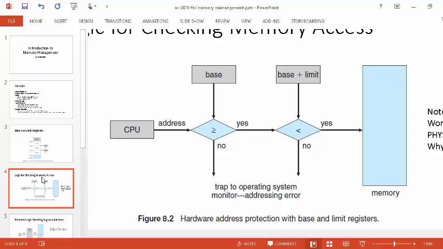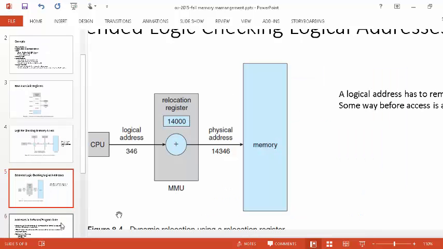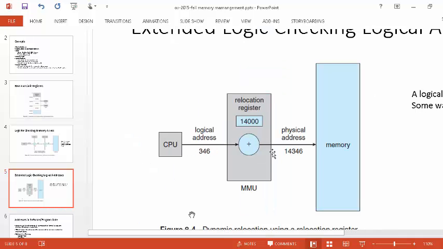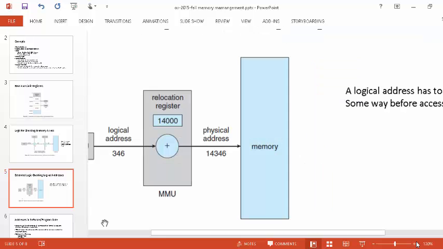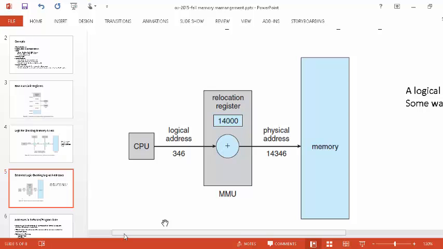So what they usually do is base and limit. Now we are going to extend this idea by adding the logical address. Right? So anytime you are asked to access something, if it is a logical address, I first of all have to add, so if it's logical, so let's take,